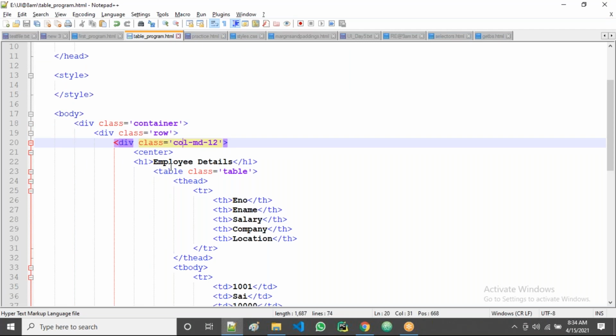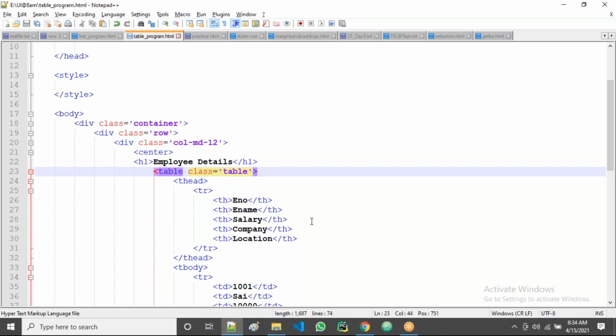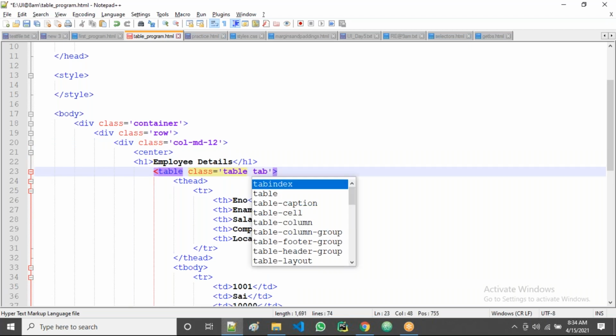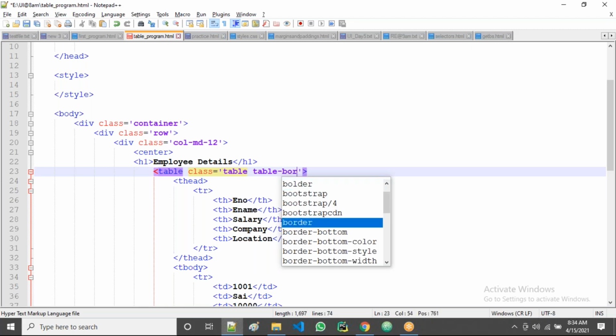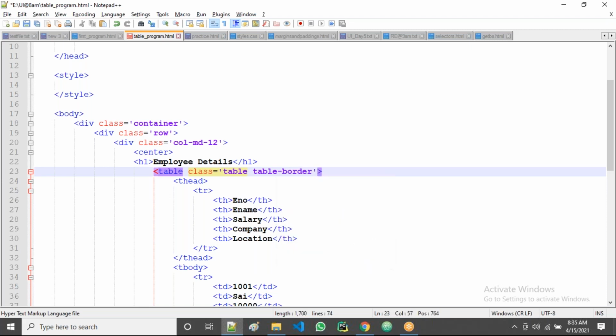Coming to the table, I used the table class. Next, suppose I want a table border. Table bordered, table something, right?